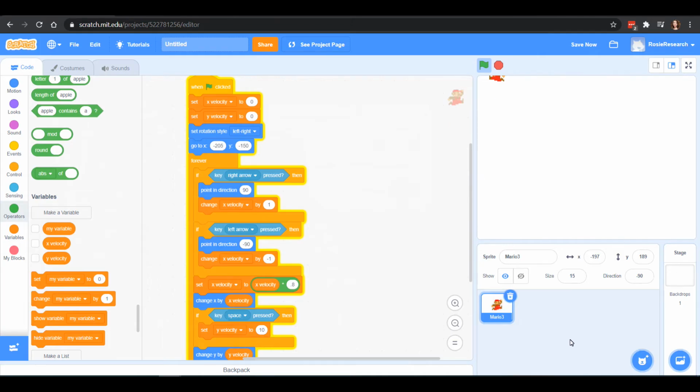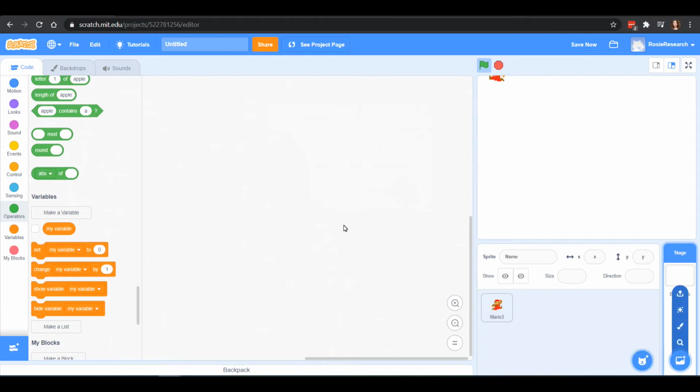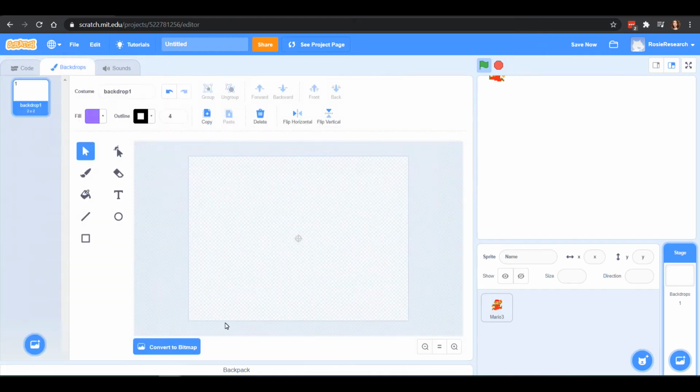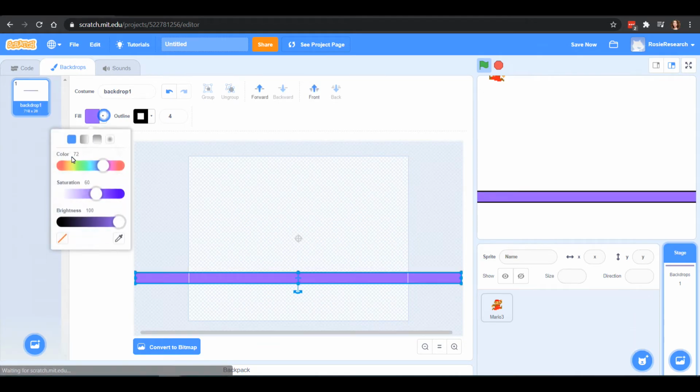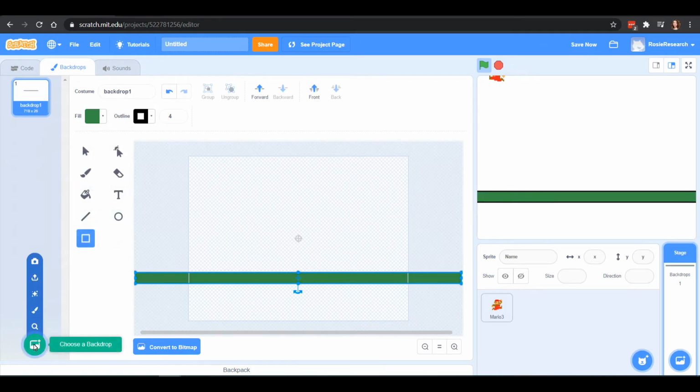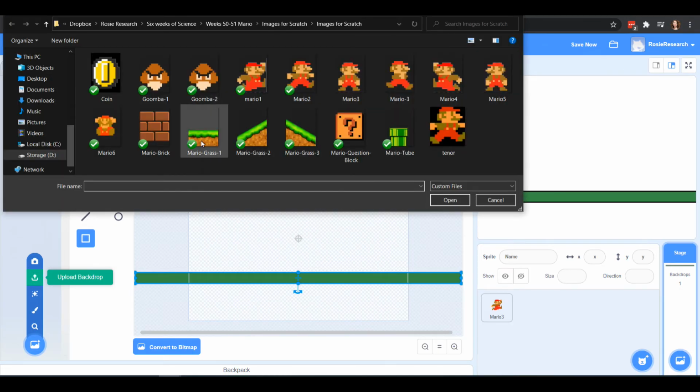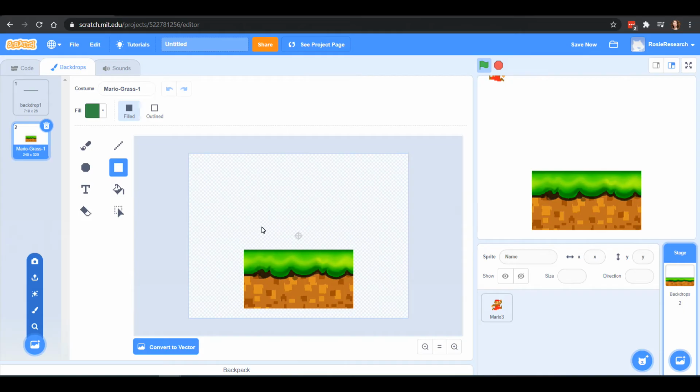So before we fix this, I think we're actually going to make some earth for us to jump down onto. So we're going to pause on this Mario, and we're going to click over here on the right-hand side on this backdrops. In the backdrops, you can code for the black backdrops, which is nice, but you can also do some art in there. For now, we could maybe just do something that's green, that looks great, like that if you wanted to. But we also have some backdrop pieces that we can upload. So you could upload a piece of ground if you wanted to into this backdrop.